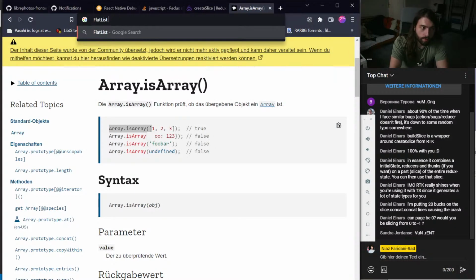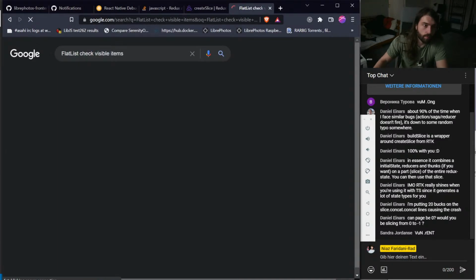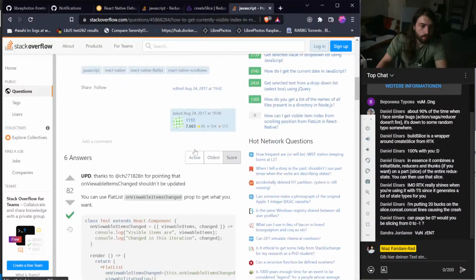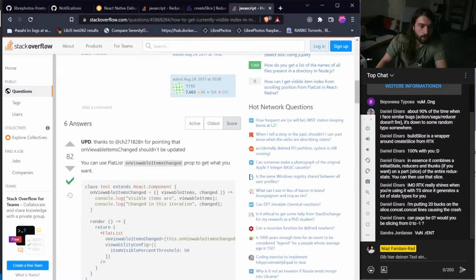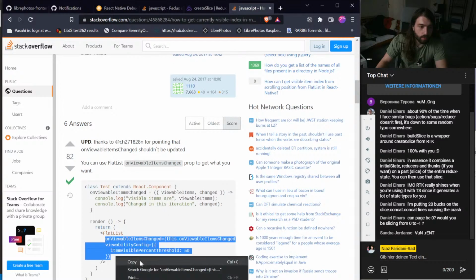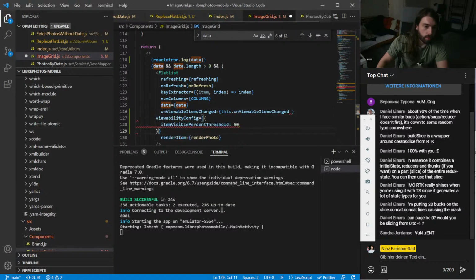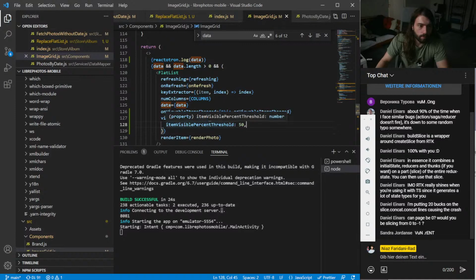Look. You can use unviewable items changed. Woo, it's pretty similar to the other thing. So we use that. Right. And we have like this threshold. I don't need that. Awesome.